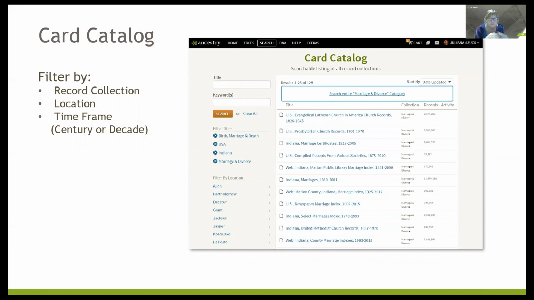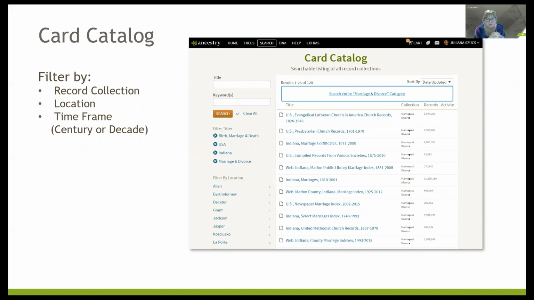So as you're focusing your research questions, and you're going, okay, what record do I need for this? I can go, okay, a birth record will give me this information, and I can focus on just what birth records are available. But also location, you can also use the time frame. You can separate it by a decade or a century. So you could say, okay, I only want birth records from the 1940s.